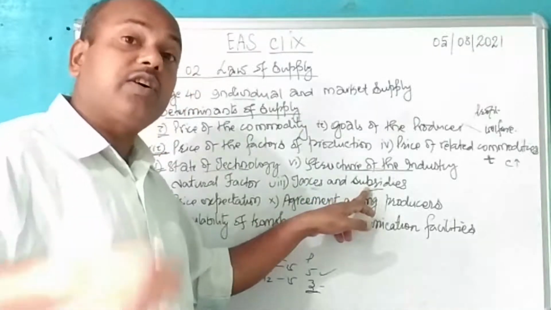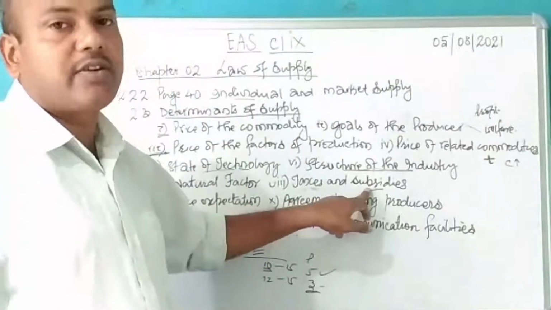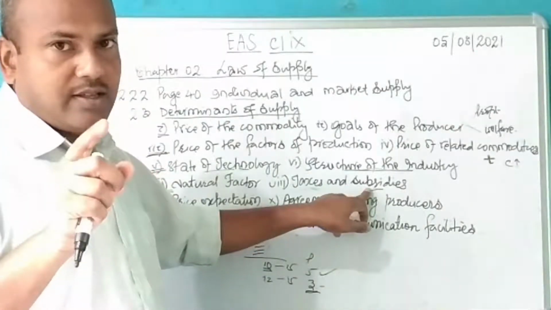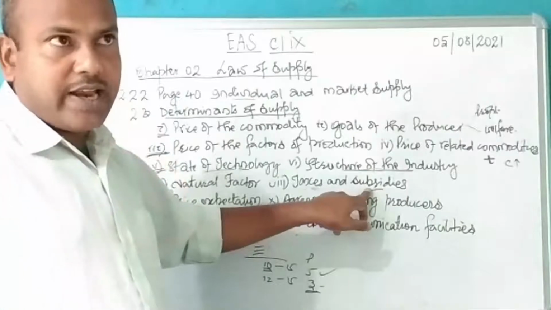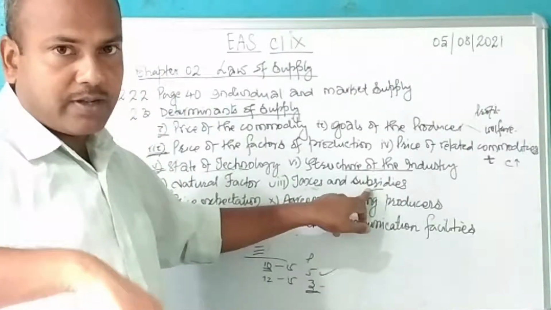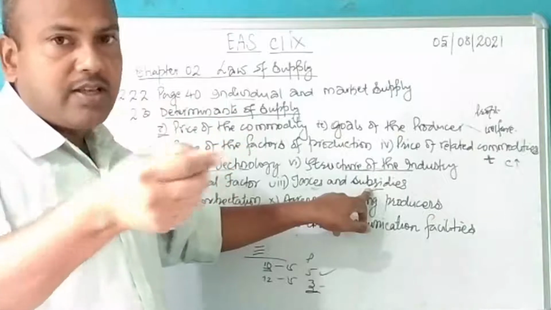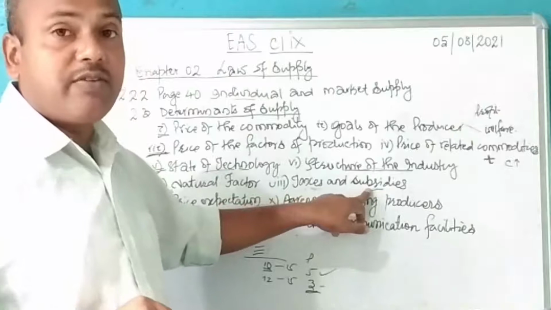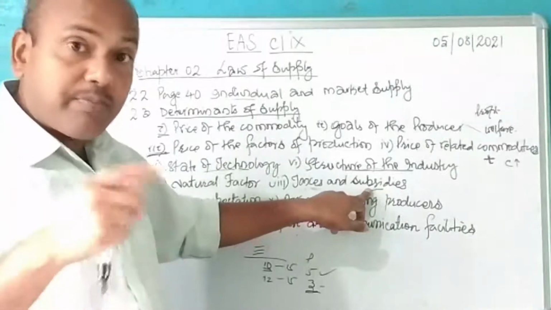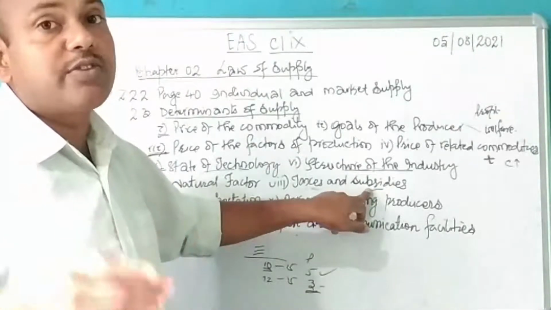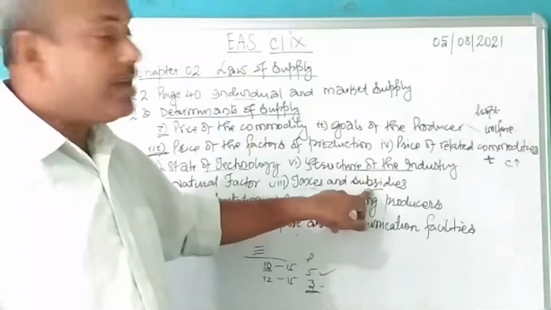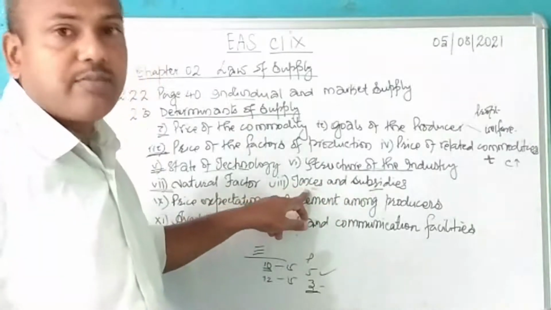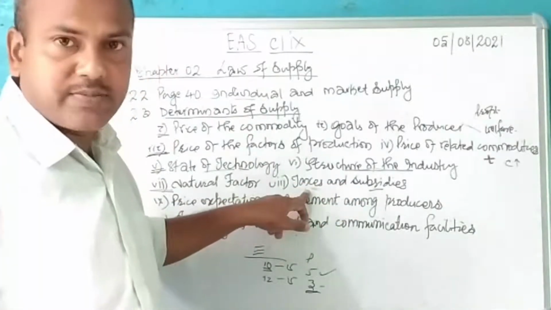Subsidies are something returned back by the government. If subsidy is given to the producers, that means producers are producing and subsidy is coming back from the government. Subsidy is just like LPG when you refill, government will return back in your bank account. That is also subsidy. Now when the subsidy is being offered to the producer, that is a profit to the producer. Hence they will be encouraged to produce more and more. So production will be higher. If subsidy is offered, production will be higher. If taxes are imposed, production will be less because the commodity becomes expensive.